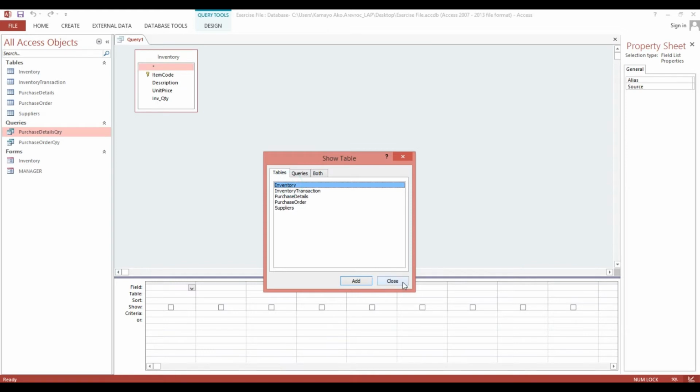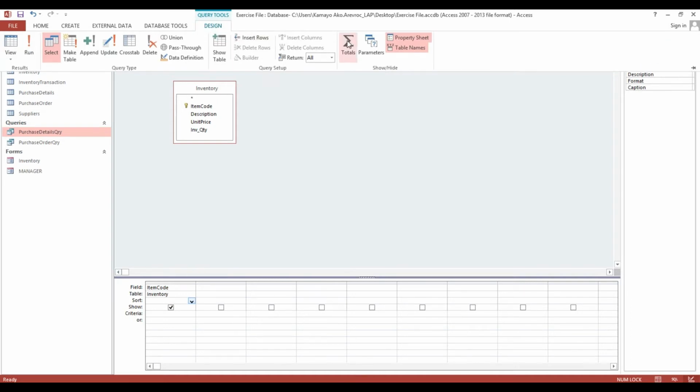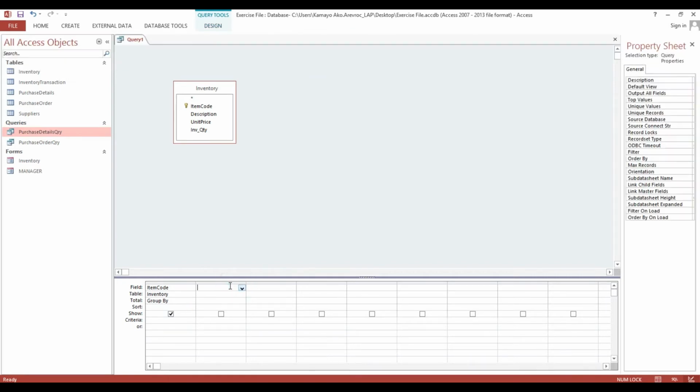Obviously, of course, we need to add our inventory, then Item Code, then we need to make it Group By. Then I will put here, we will use this one further, Stock in Hand,